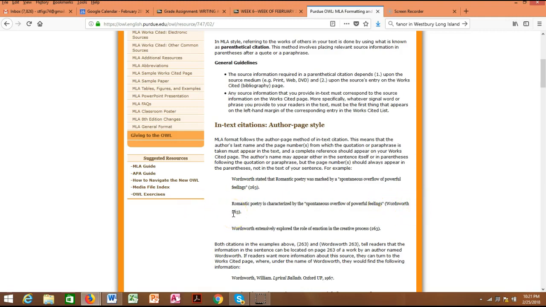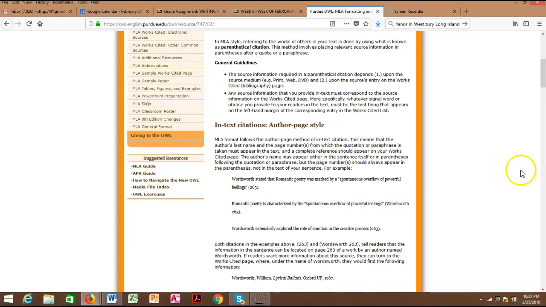You are only using the two chapters, chapters 1 and 2 of your textbook. Do not use the website, do not use Wikipedia, do not use any of that. All of the information is in chapters 1 and 2. That is all I want. I don't want internet citations. I don't want Google Docs or Google anything. I want chapters 1 and 2. That's why you bought the book. So please make sure. This is the only type of in-text citation I should be seeing: either the page number with the author's name typed in the sentence, or if the sentence is typed without the author, this is what it's supposed to look like.